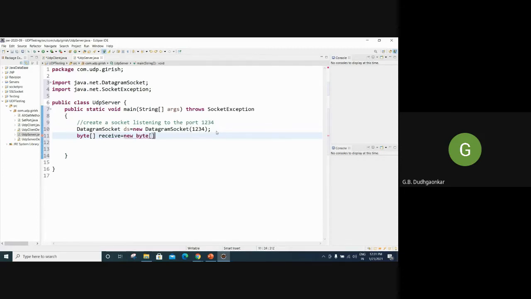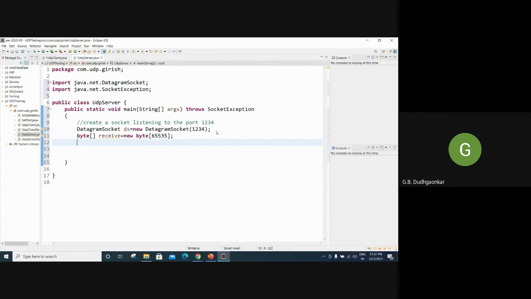I can write here 65,535. That means we are assuming that the client is sending many messages. So that 65,535 size array I have created. It is not necessary, you can take it less also.